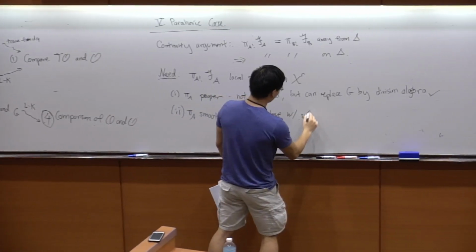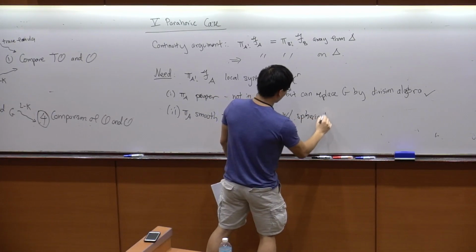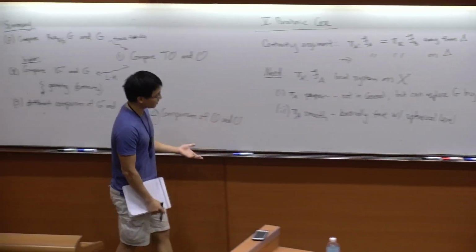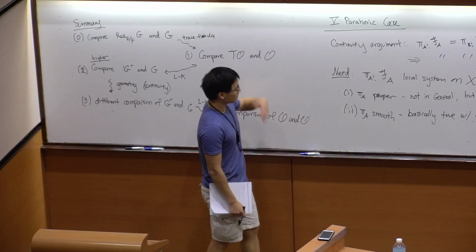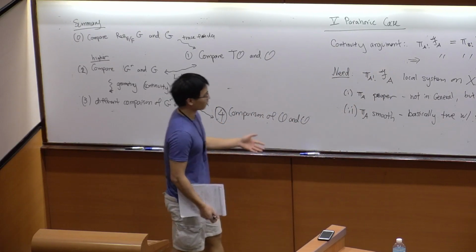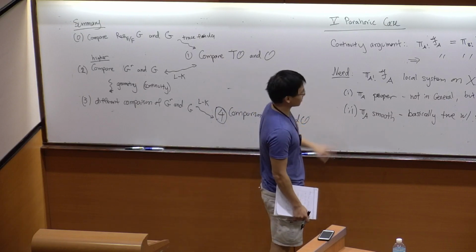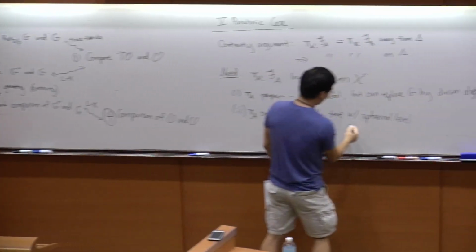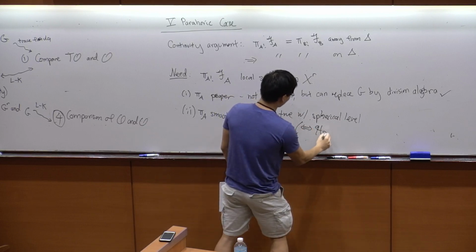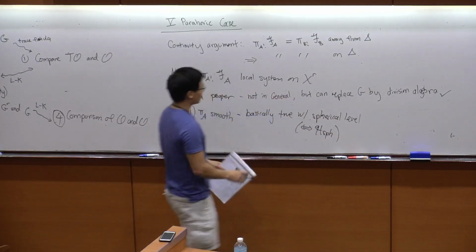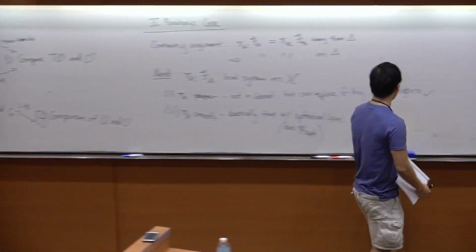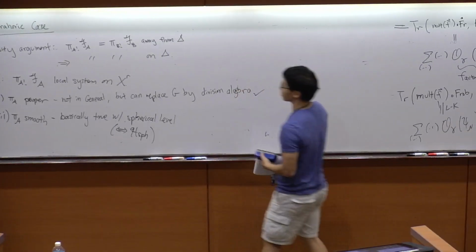with spherical level. What's actually true is that there's some resolution of singularities, which is smooth, and then the sheaf that you put in is a perverse sheaf corresponding to that resolution of singularities, a small resolution. So basically this is okay. And when I say spherical level, what that means in real life is that it's okay for the spherical Hecke algebra. So in other words, what goes on in the parahoric case is a breakdown of this smoothness principle.